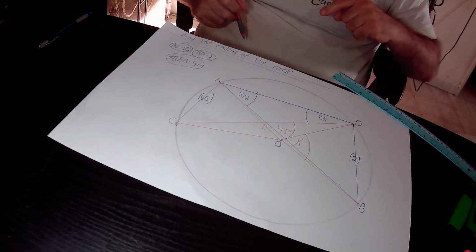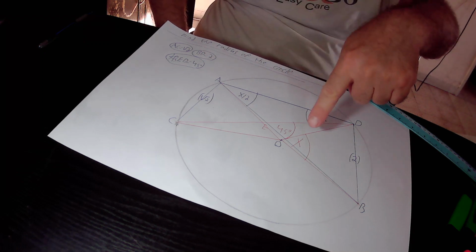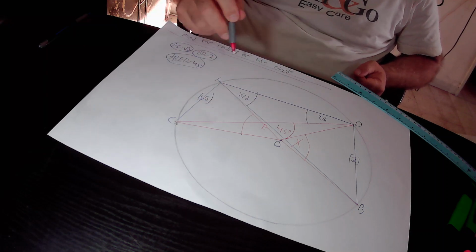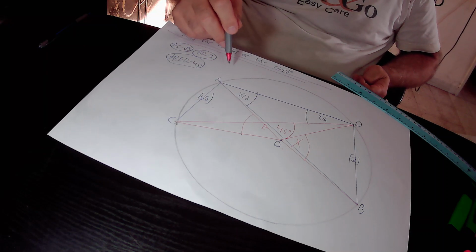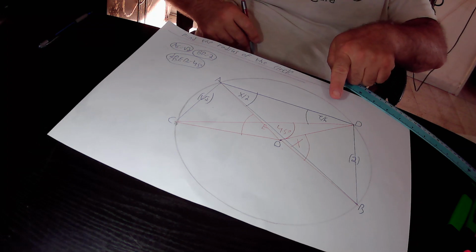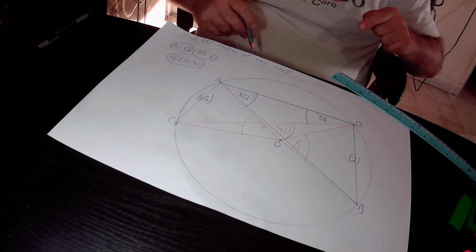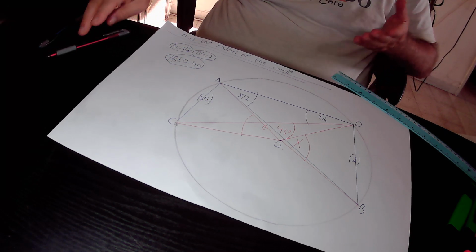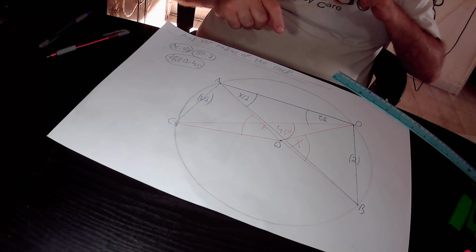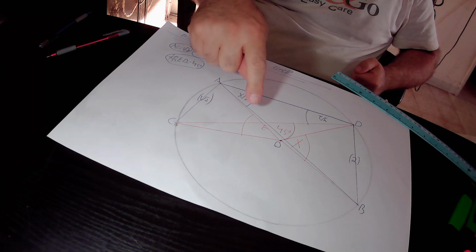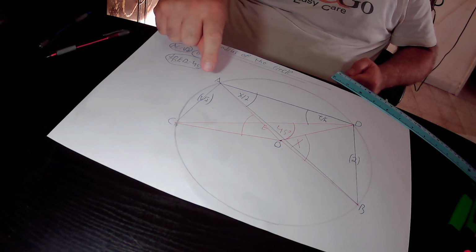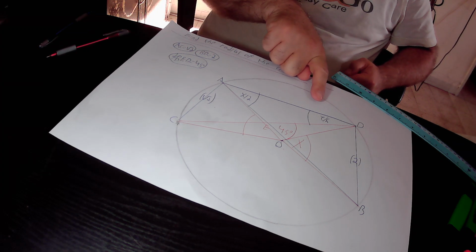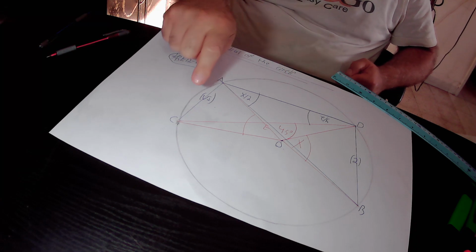By doing this construction, we can deduce center angle AOC. This is center angle AOC, and this center angle AOC subtends on chord AC. Exactly like this peripheral angle ADC, it also subtends on the same chord called AC. Now we can implement Rule 13. According to Rule 13, the size of this center angle AOC that subtends on chord AC, like this peripheral angle ADC that also subtends on the same chord called AC,